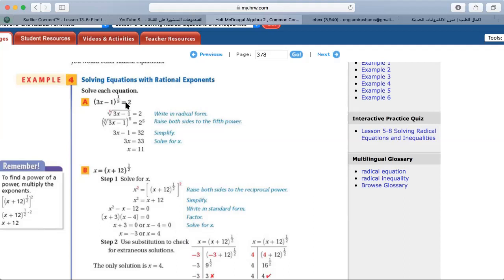Since it is 1, there is no need to write it. So 5 here is the denominator, so I'm going to write the radical sign and write the index as 5. Okay, then